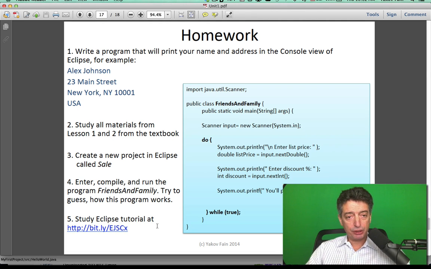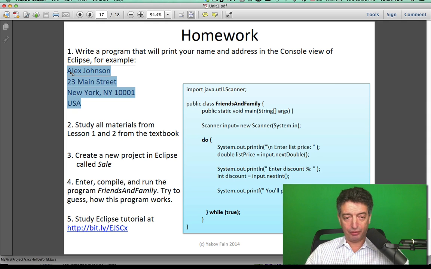So in this particular case, I am just asking you to write a simple program that is not Hello World, but it'll print several lines on the console with your address. You don't have to write me your own address, of course, but any address. You need to study all materials from lessons 1 and 2 from the textbook. Also, create a new project in Eclipse, call it Sale, and inside create a new class called FriendsAndFamily,